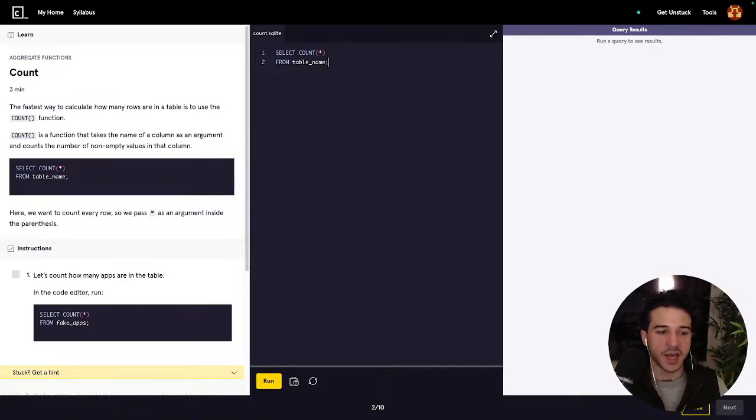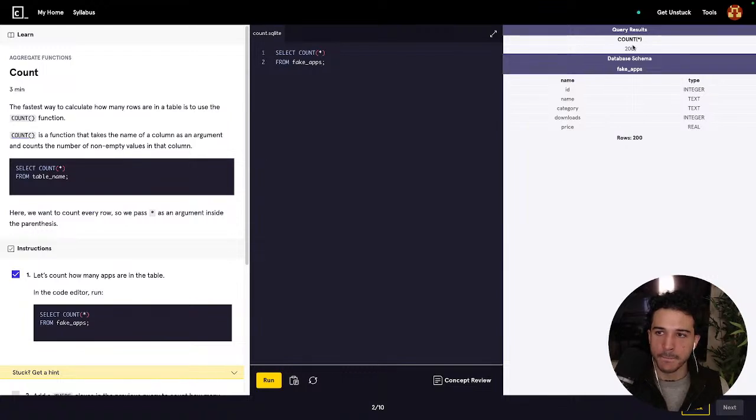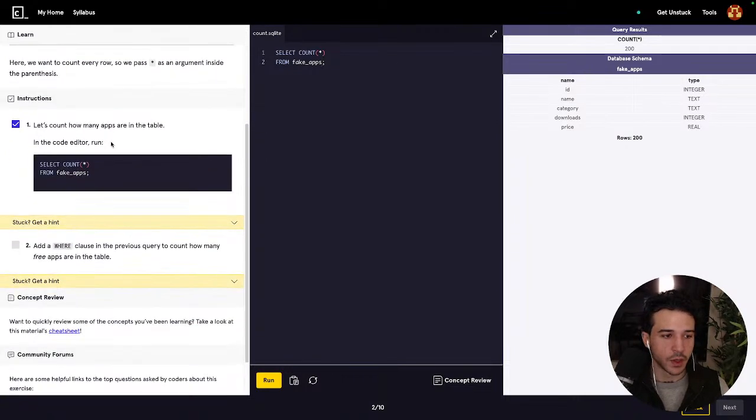Let's count how many apps are in the table. In the code editor, run select count(*) from fake_apps. So, 200 rows. Add a where clause in the previous query to count how many free apps are in the table. So, select count(*) from fake_apps,